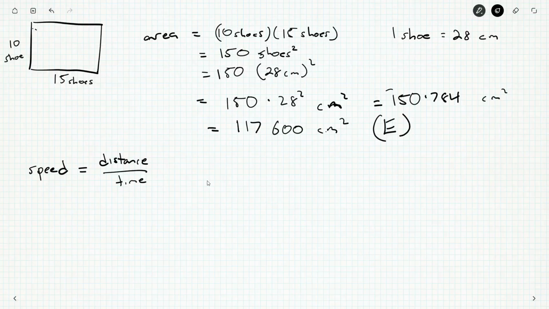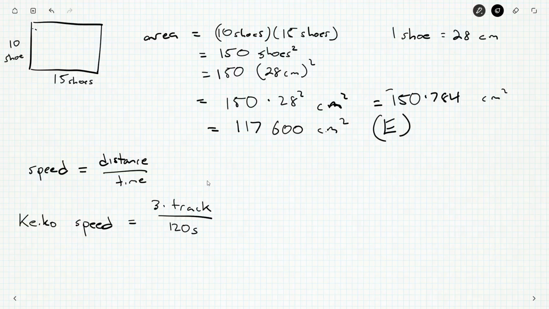Now, we know the distance of the track, and we know how many times they run around the track, so we know the distance that each of these two girls has gone. So Keiko's speed will be 3 times around the track divided by the 120 seconds it took her to run that. Well, the track is 150 meters, as they tell us. So we get 150 meters times 3 times around the track divided by 120 seconds. We can do some things. The zeros will cancel out. Ultimately, we're going to get something in meters per second. The 3 and one of the 3's down here will cancel out, so we get 15 over 4 meters per